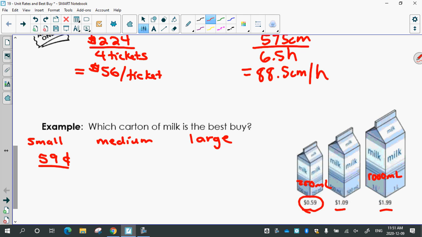Because 59 and 250 are closer together than 0.59 and 250. Okay, so it'll be easier to compare my numbers. So if I divide those,